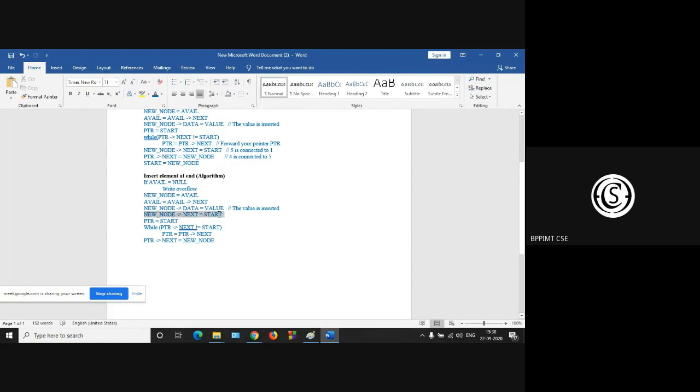Okay. That is, the new node is created and the new node is connected with the start node. Actually your last node is the new node. So that new node next, and as this is the circular, new node next is the start. If this is a single linked list, then new node next is null. New node next is start for circular linked list. Now you have to traverse until the last node, that is PTR next not is equal to start. Then you have to just add the last node with the new node.